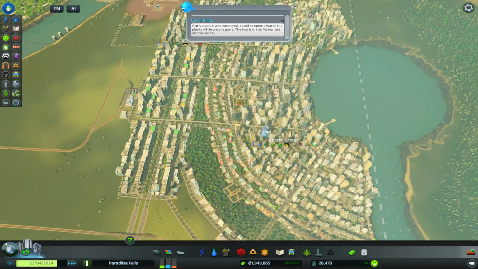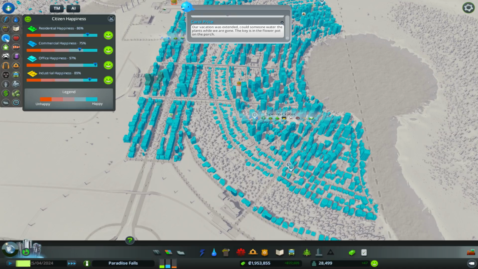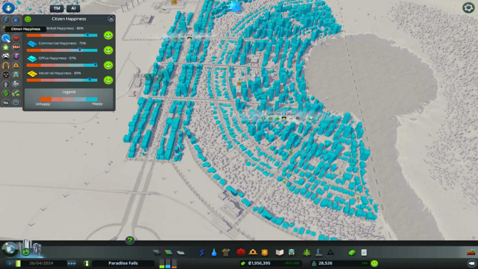28,500 population, so increasing quite quickly, as we mentioned, which is good. I think everyone's really happy. So we've got 86% residential, 75 commercial, 97 on office, that's amazing, and 89 on industrial, so everyone is quite happy,